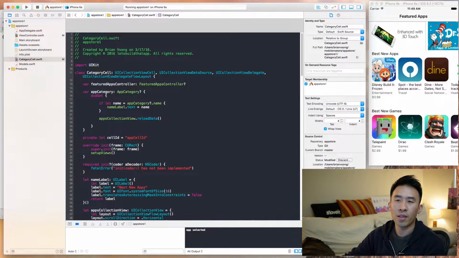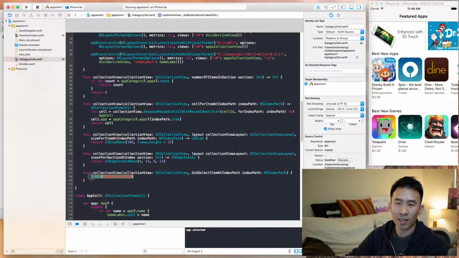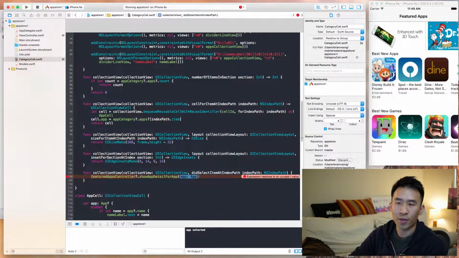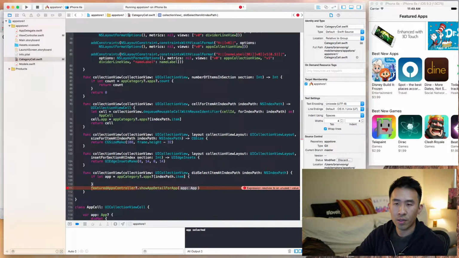Okay. So now category cell has a property called that, and copy. And upon selecting, I want to do this: featured apps controller, show app detail for some kind of app. And we know that the app is actually this. So if let app equals app category apps, and we'll need index path dot item, like so. And I'm gonna take that, paste that in there, use the app like that, and get rid of